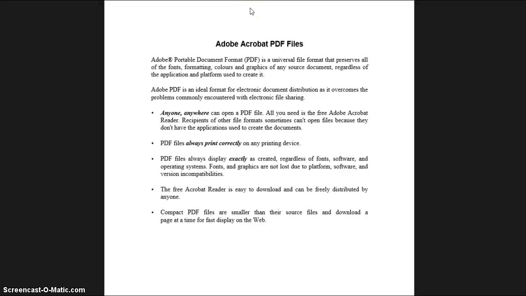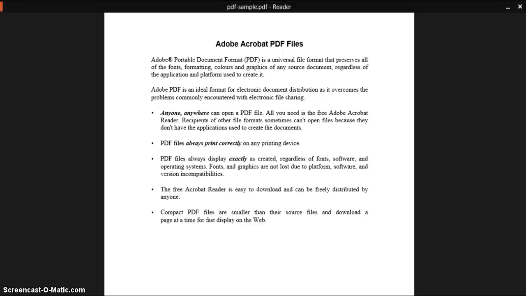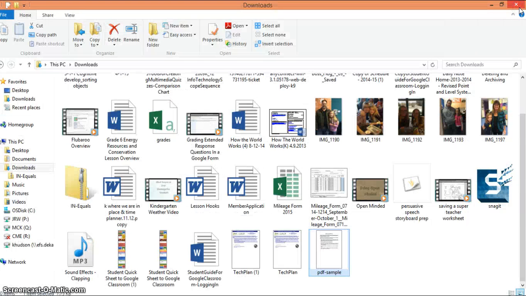You're going to notice that when you're right here, sometimes it's kind of hard to find the X to get out of the document. If you move your mouse up to the top, you're going to notice that the menu bar pops right down, and there's your X. Now, it's really hard to print from that just-viewing format,